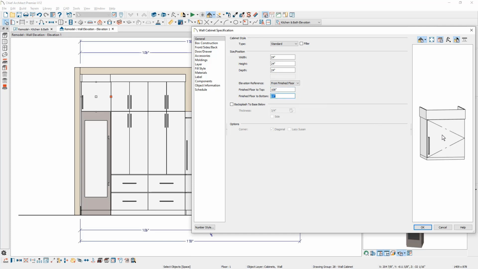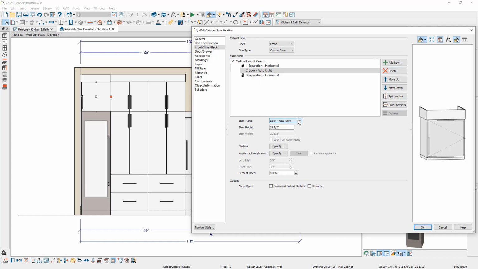And then I want to change the face item from a regular hinged door to maybe a hopper door. So I'm going to come down here. I'm going to look for a hinge top face item. And then I want to also change the hardware for this component. Much like we added the appliance down here, the change for appliance, door, and drawer will also allow you to change your hardware on here.